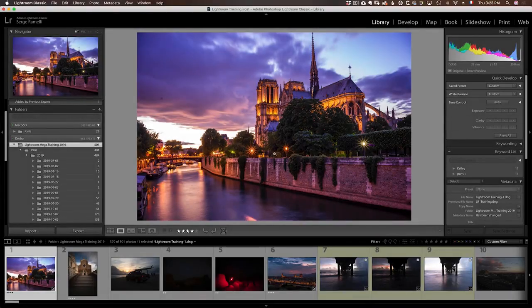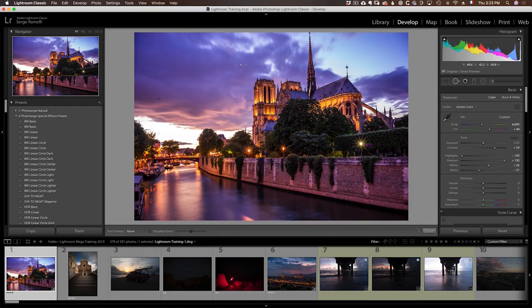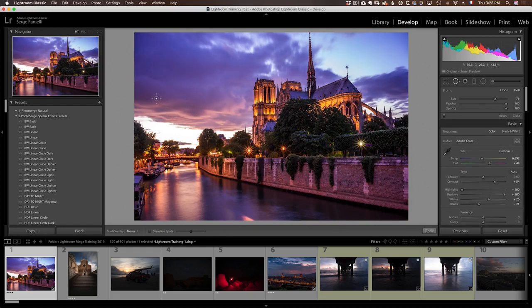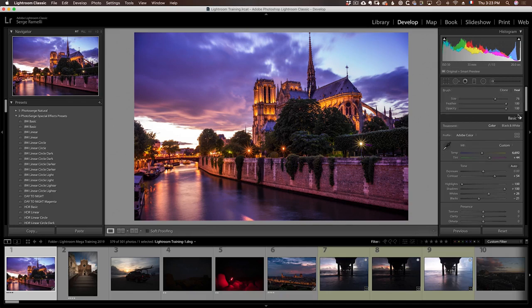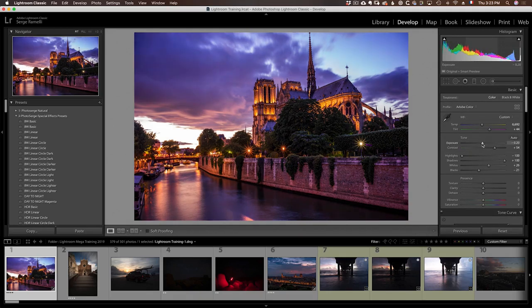Let's talk about watermarking. And let me finish retouching this photo really quick. I'm going to use the spot healing brush tool. And again, I have a whole chapter on retouching where I'm going to go into deep detail. But let's say I'm happy with this photo. I want to export it for the web, and I want to have a watermark.